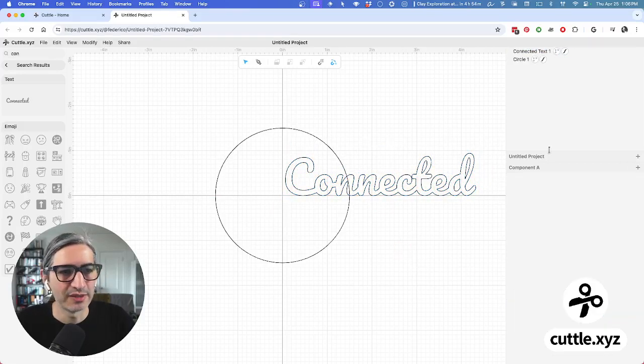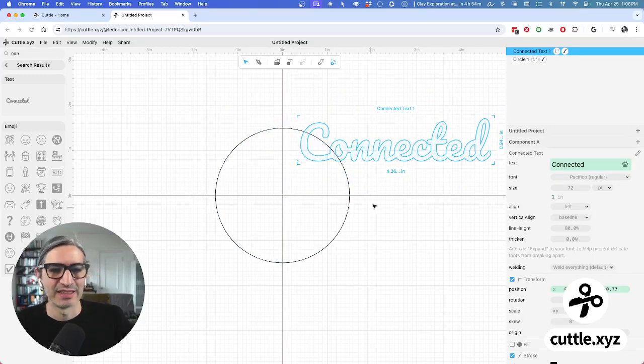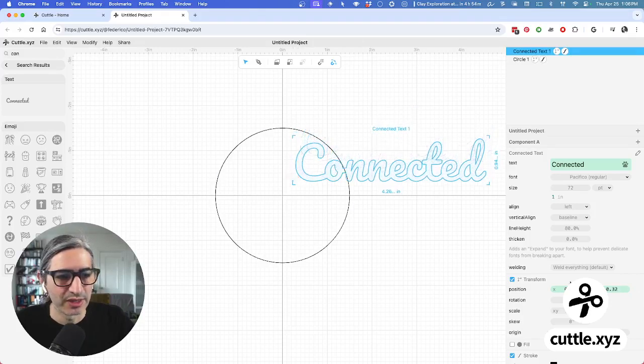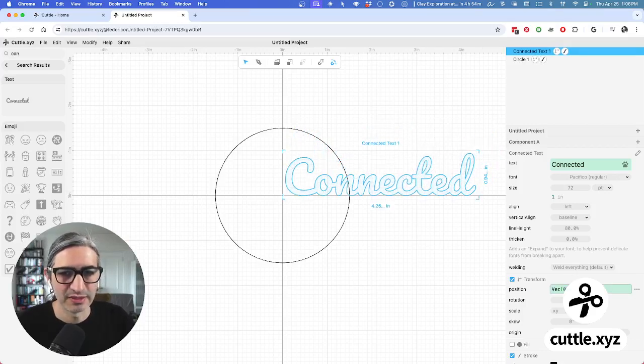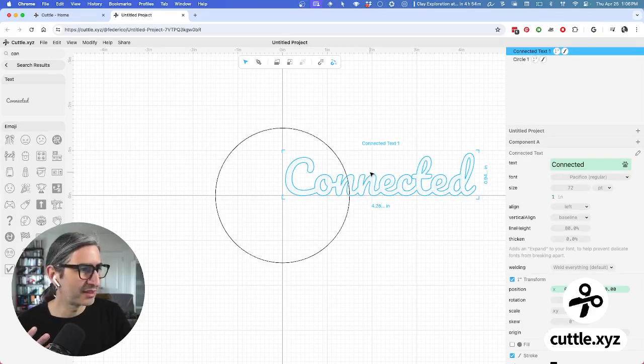Another way I've seen some people do it is that you drag something and place it on the canvas, and then you can see that there is a position number here. So I can do it with the mouse, or I can do it by typing 0, 0 here. If I type 0 and 0, I'm pretty sure that it is centered now. But because it's text, this text is aligned